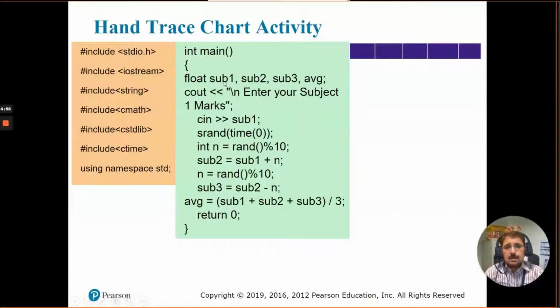Subject 1, subject 2, subject 3 and average, and then I wrote cout enter your subject 1 marks, then cin. Okay, and then I created a random number, and then I assigned the random number to n, and I did